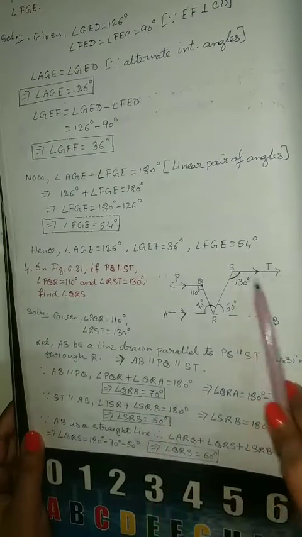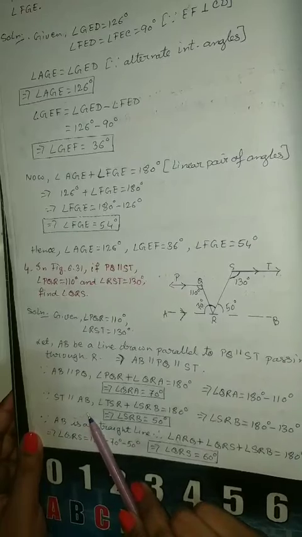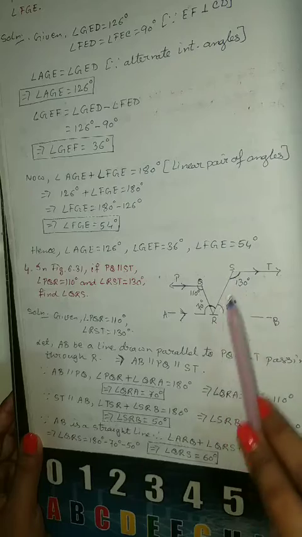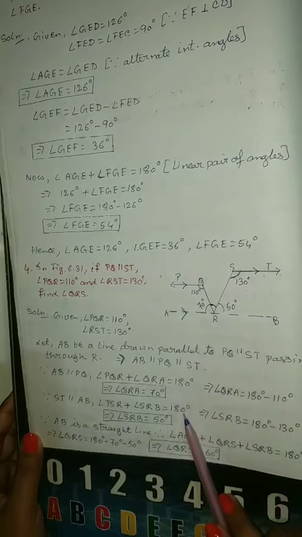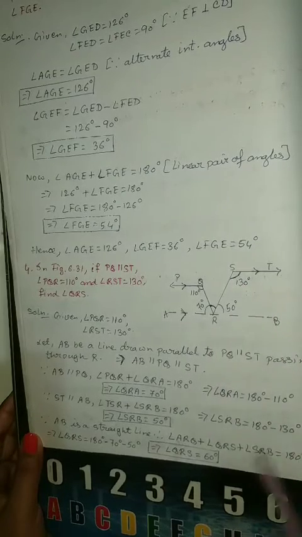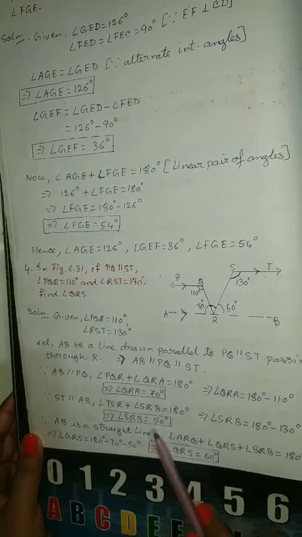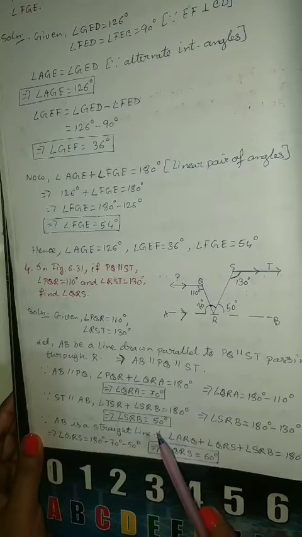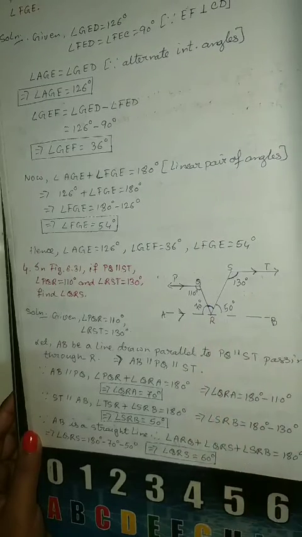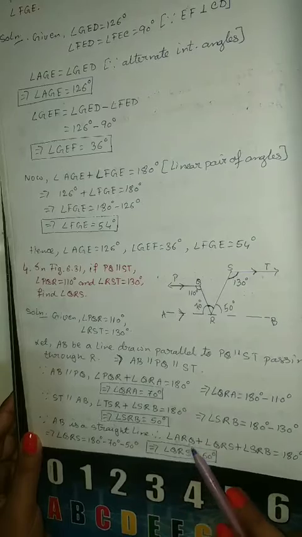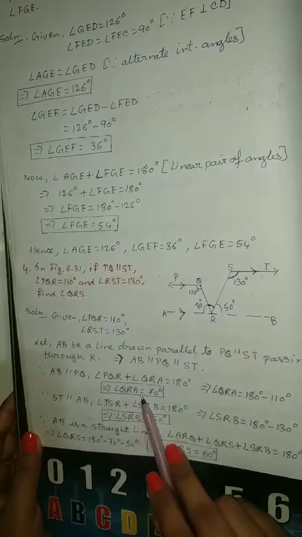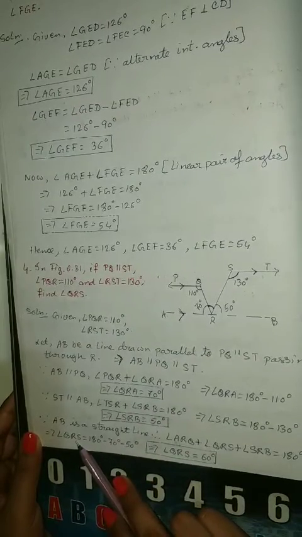Next, again, since ST is parallel to AB, we'll write down TSR plus SRB is equal to 180. We'll put the value of TSR as 130 degrees and find out the value of SRB as 50 degrees. Once we get it, since AB is a straight line, we can write the sum of the three angles is equal to 180 degrees. So name the three angles, that is equal to 180. Put the values of these two angles and ultimately we'll find out the value of QRS as